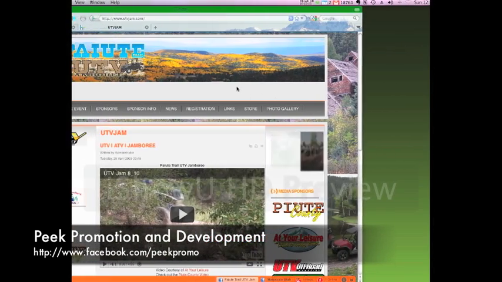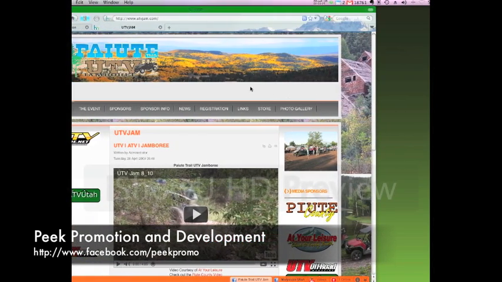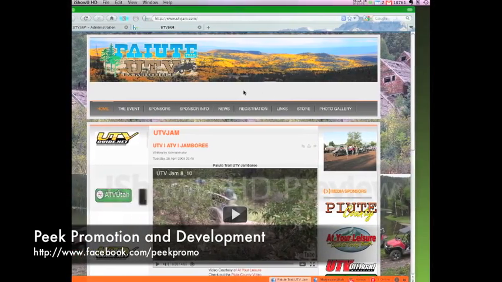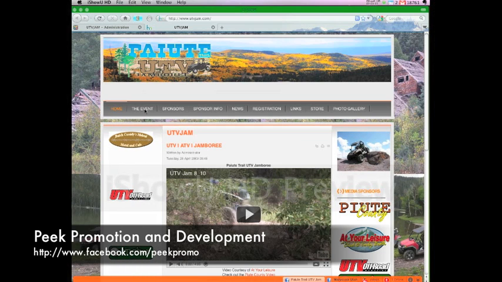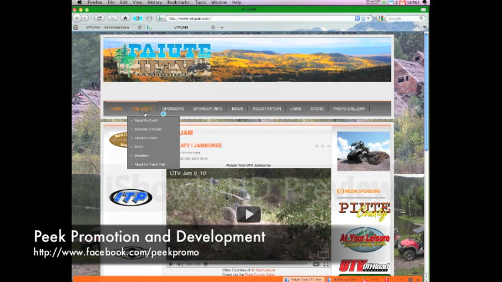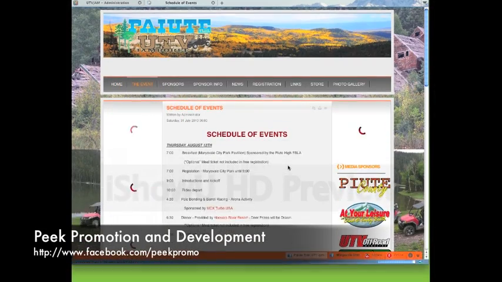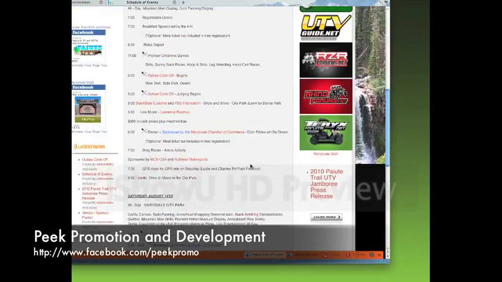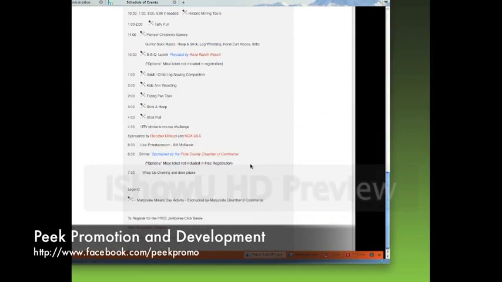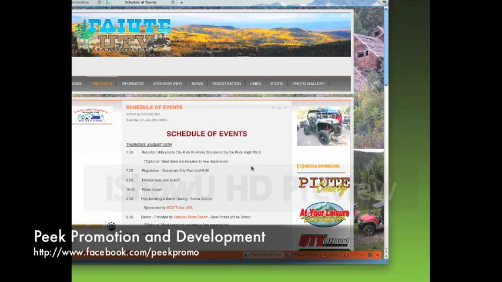Okay, in this lesson we're going to talk about how to replace an article but keep an archive of that article. I'll show you right here on this site. What we're looking at is the schedule of events. The events have come and gone, but it still has last year's schedule of events. Of course, this year's schedule of events is not ready to go yet, but we don't want this information to confuse